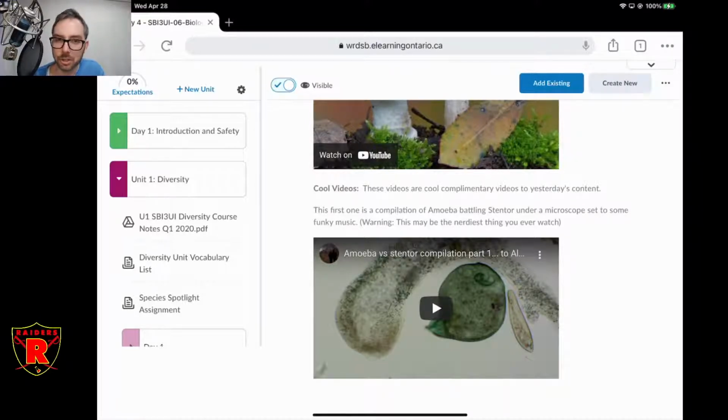Do they have to be dictionary definitions? I'm not sure if that's what you're asking. They don't have to be dictionary definitions. They are in your own words, the way you would describe a specific term to your friend, or you would describe it to your parent. It doesn't necessarily have to be the dictionary definition. It should not be the dictionary definition.